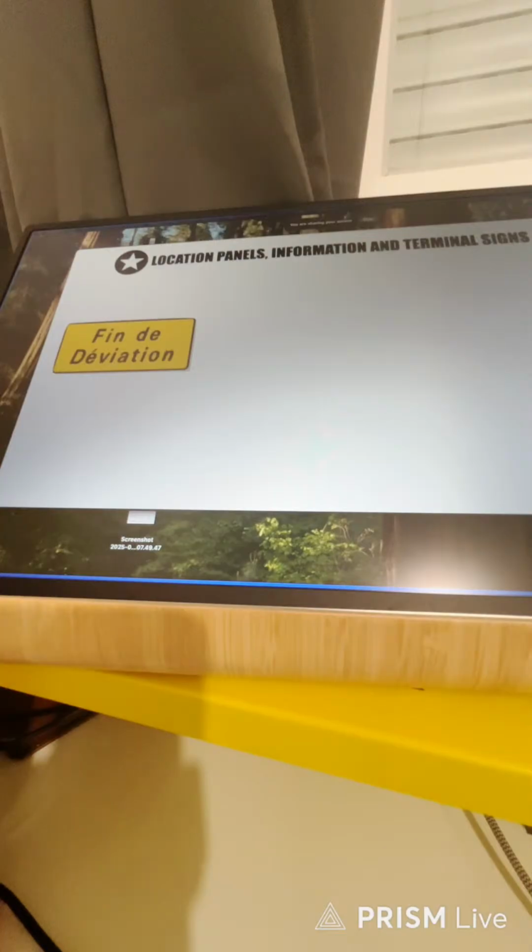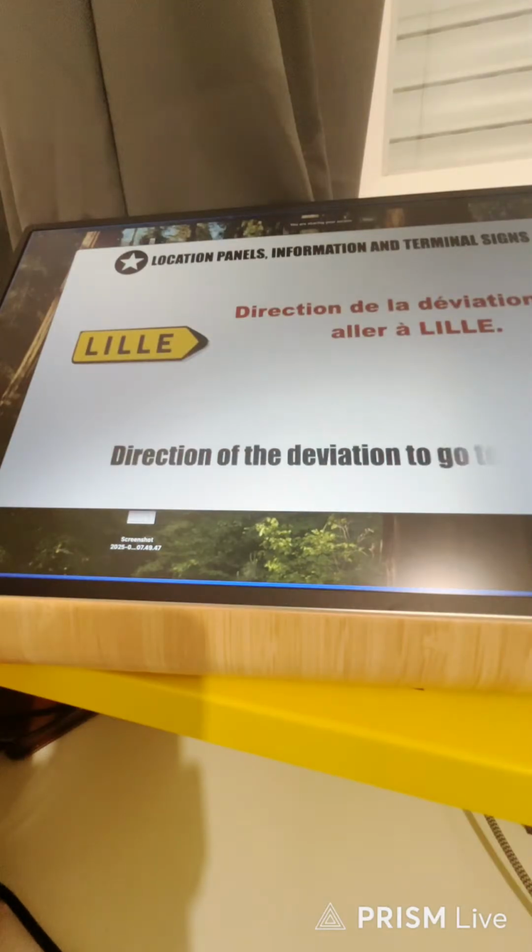It's placed 100 to 200 meters before you get to the intersection where the diversion is happening. So this one is just telling you that there is a diversion, because anytime you see this, you should know it's a diversion. To go to Lille, it can be any city. It's just an example. If you are traveling to Lille or Paris and you saw this, it means